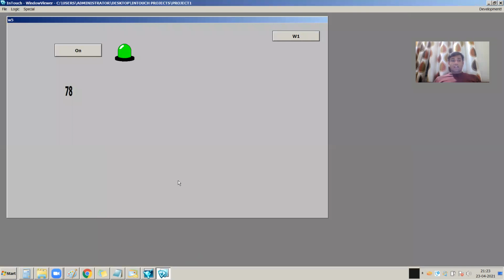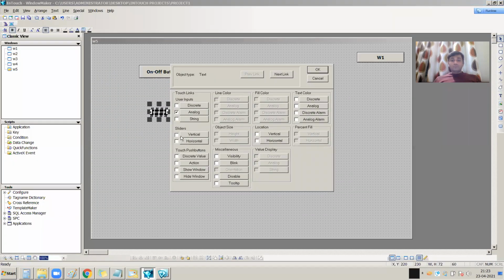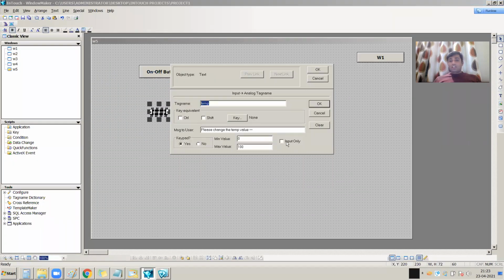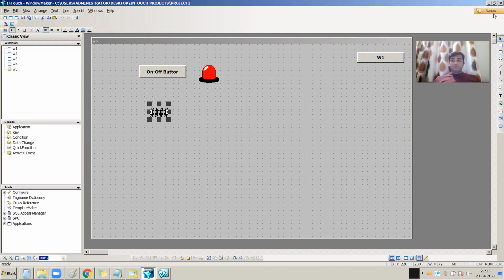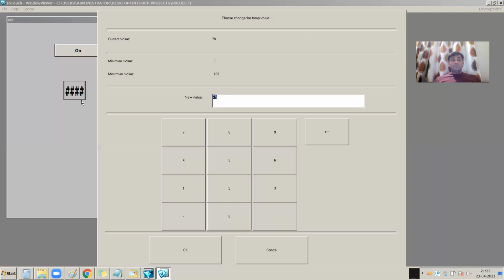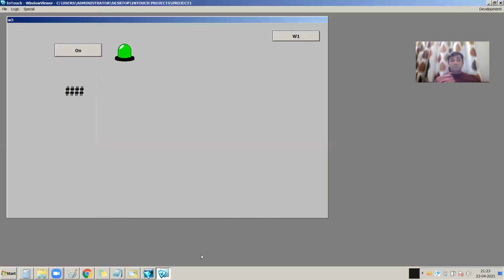Now what about this input only? If I select input only, let's see what will happen. Now, see, 85, enter. You will not see what the actual value is because I have selected input only.